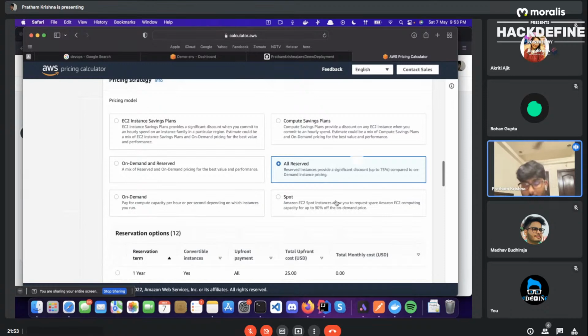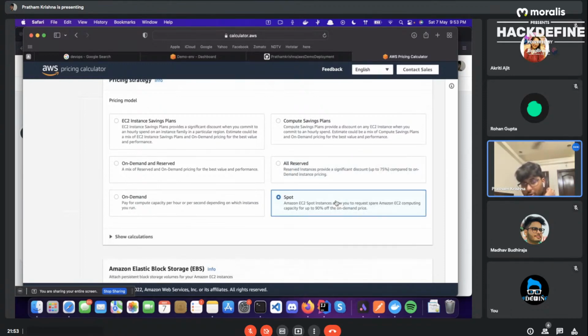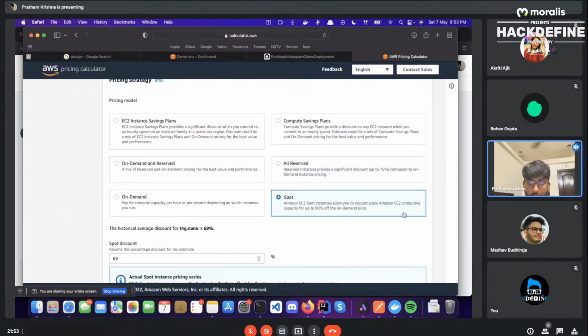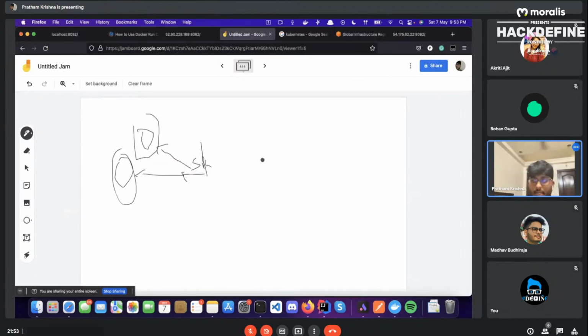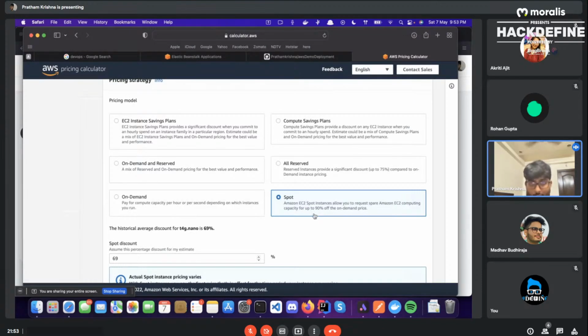And the spot instances. You get a lot of discount on spot instances. But the problem with spot instances, key, is that in case another application or anyone else is using on demand, your spot instance would be shut down for them to use, because they're paying for on demand and you've bought the spot instance at up to 90% off. It's relatively cheaper than all the others, so there's that small disadvantage.